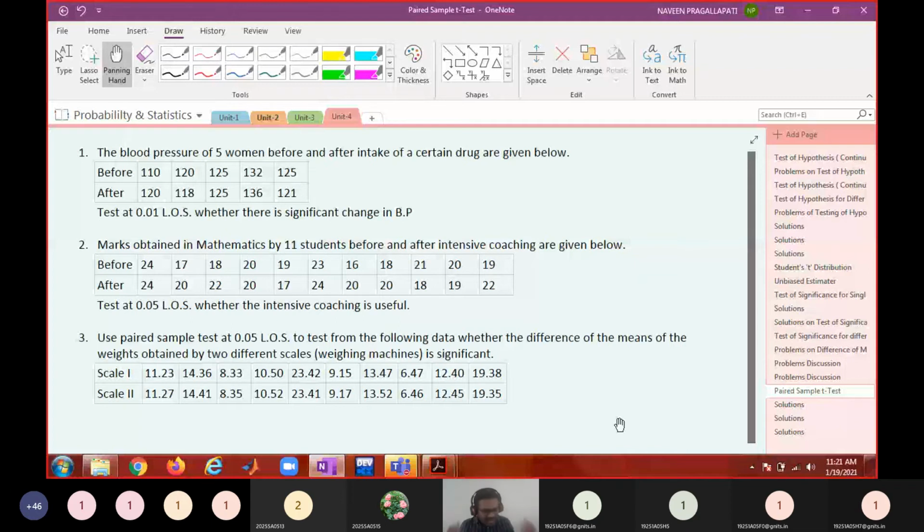So, what is the mean of the signed differences? Is it positive or negative? -24, -24, 0, 17 -20 -3, 18 -22 -4. I think negative, sir. -1. I think here in this case also, did we misinterpret?